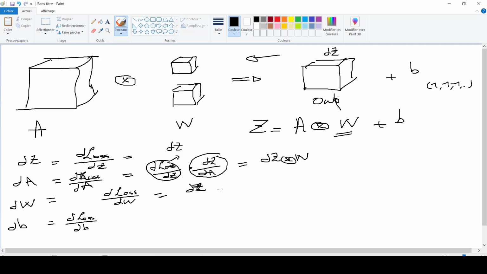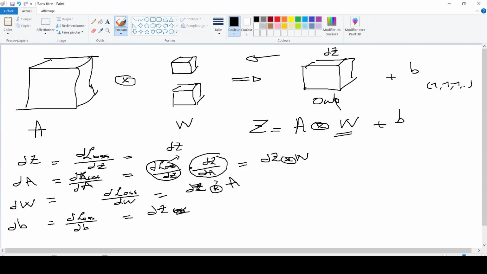So the derivative of the loss with respect to z, which is dz, and then the derivative of z with respect to w, which is A. But here it's not just a simple multiplication, it's going to be the convolution multiplication. Here also it's going to be dz times the derivative of z with respect to b, which is 1. So it's just going to be dz.